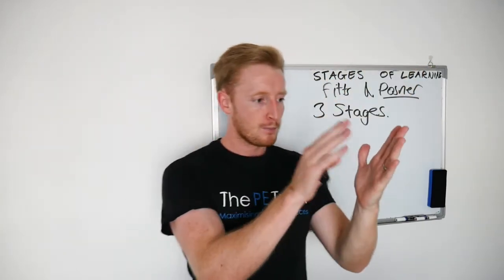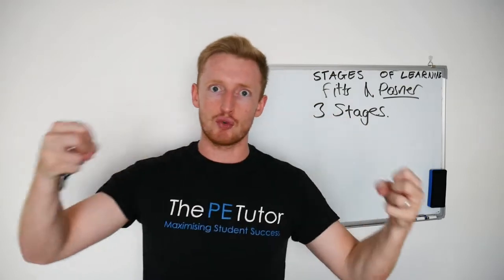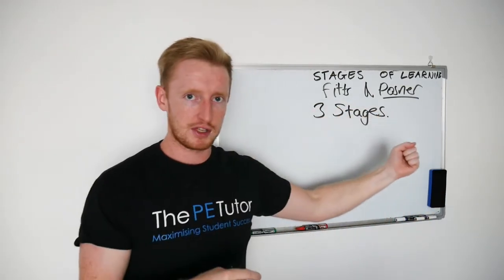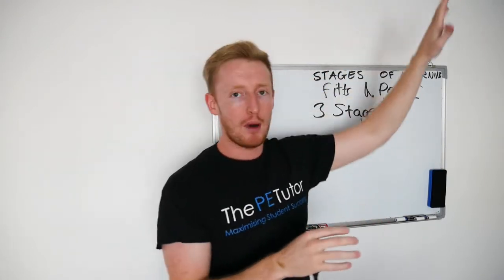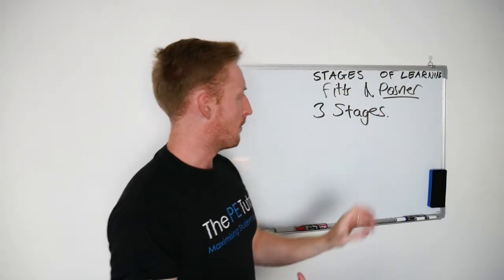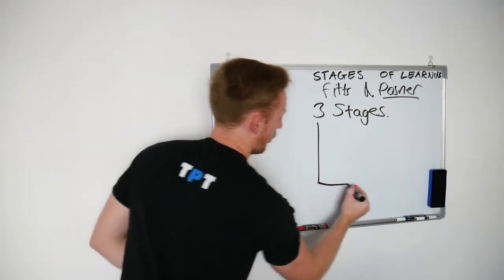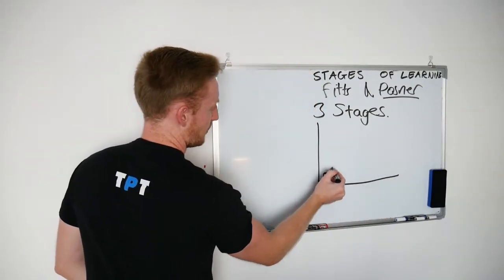So it's not discrete. These are almost an analog scale. So you can be anywhere along the path, but along that path there are 3 separate phases or categories. So if we were to look at it on a graph, for example, and someone getting better and better and